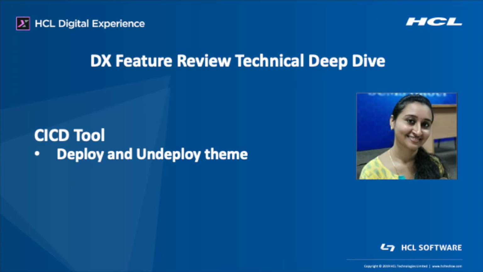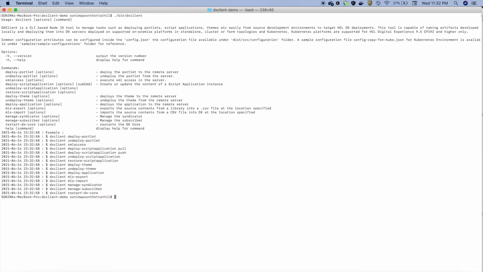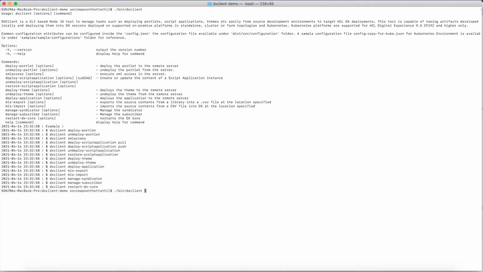There are a couple of artifacts that are added to the CICD tool, and first I'll go with the DX client tool. This is a command for the DX client tool, and it will give the command line option for the DX client tool or the CICD tool. And here I'm going to demonstrate few artifacts. Now I'll go to the next pipe, and now I'll go to the command line